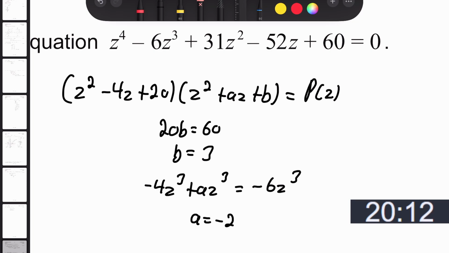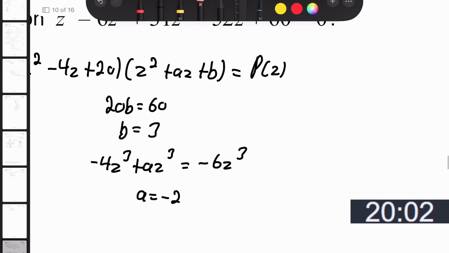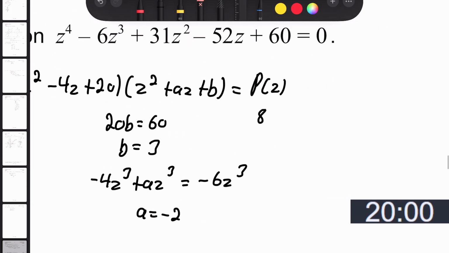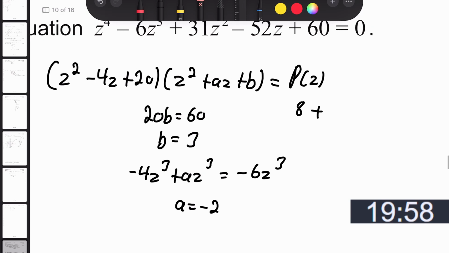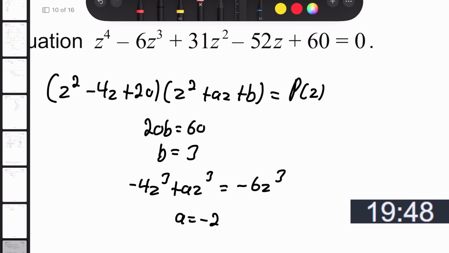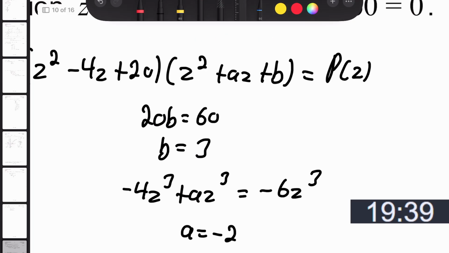Let's see if that all adds up. So negative 4z times negative 2 is 8. So 8z squared, we're going to have 20z squared, 3z squared. Yep. 52z. Negative 12. And negative 40, negative 52. Yep. Okay, so then therefore